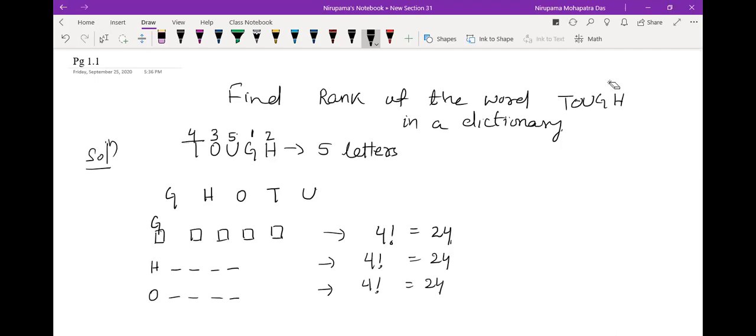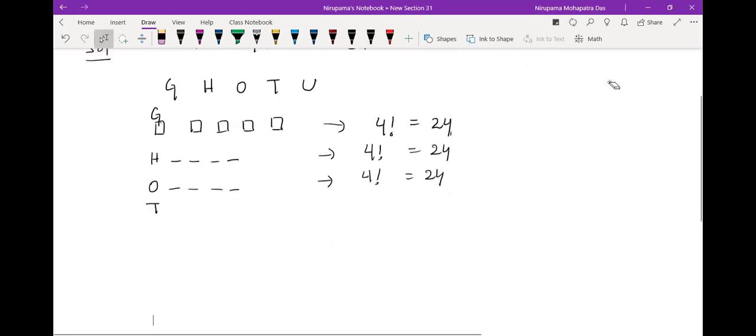Okay, now after O, T. So T is something we are interested in because we want T-O-U-G-H. So with T in the first place, we are actually interested in T in the first place. So after getting first place T, our focus will be shifted to second place. So second place again alphabetical order. So now G, H, O like this. So T is fixed here. We will focus on second place. So now G. So T, G. Now 3 more places. So 3 letters and 3 places. Factorial 3, 6.